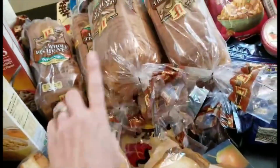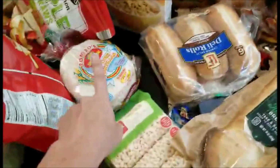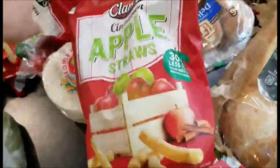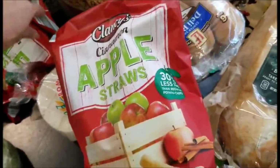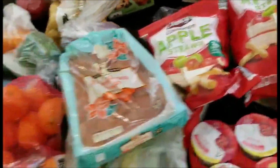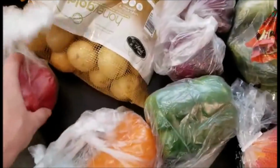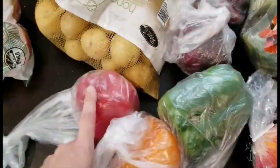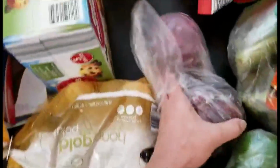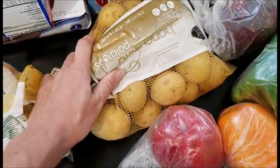6 loaves of bread for all those freezer sandwiches I'm going to be making. Tortillas for tacos tonight. And too, if you see my hauls, you know I'm obsessed with these apple straws, and they had some, so I picked up 2 bags. Delicious. Green pepper, orange pepper, red pepper, I just love bell pepper, so randomly throw them in eggs or dishes, whatever. I need a couple red onions,